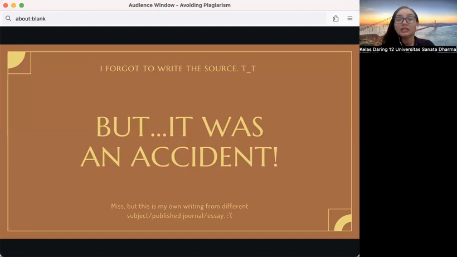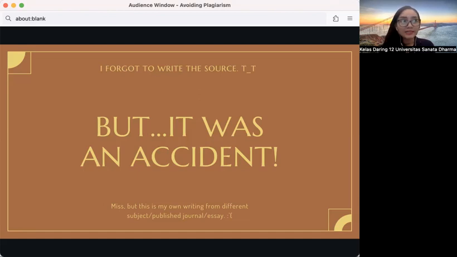In education, even when you do a task or a writing exercise, it doesn't matter if plagiarism was intentional or not. Plagiarism is plagiarism, whether intentional or unintentional. The consequences are the same. So in my class, you will automatically get 0.